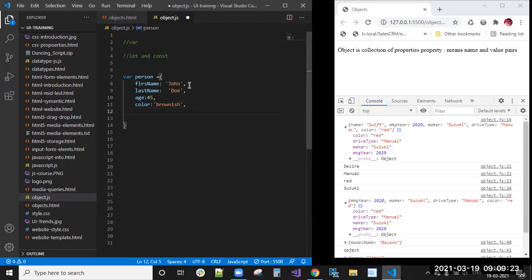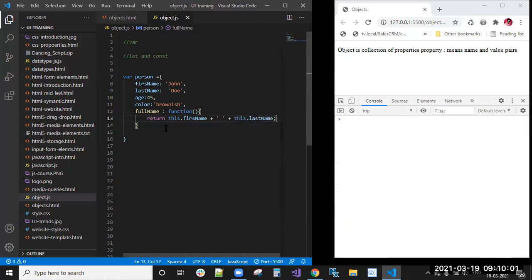Now you can see here not only properties, but a collection of properties and methods. Now you will see the method fullName. fullName colon function, it will return this.firstName plus an empty space, to get the space between, plus this.lastName.